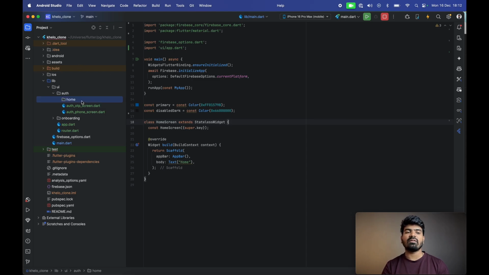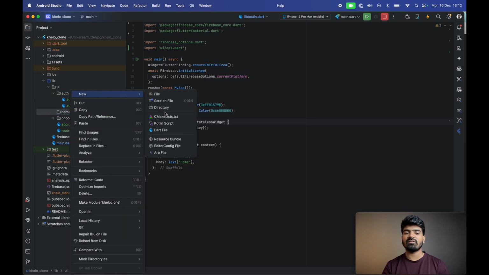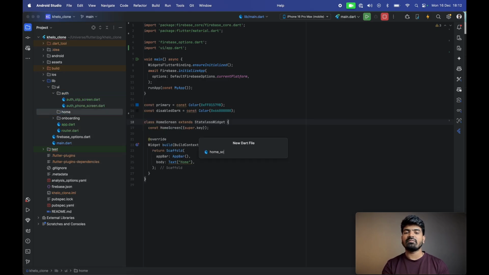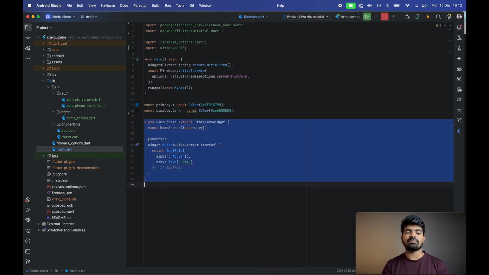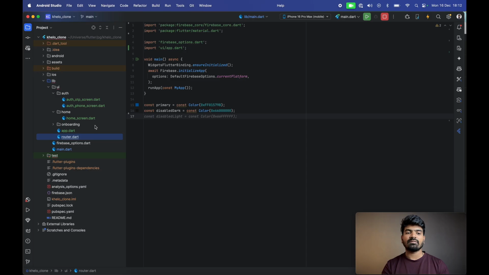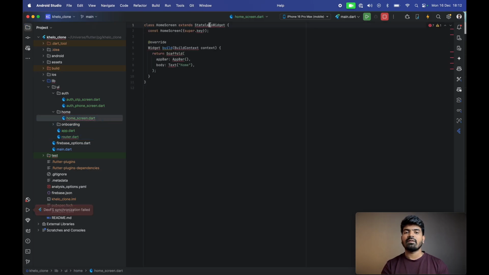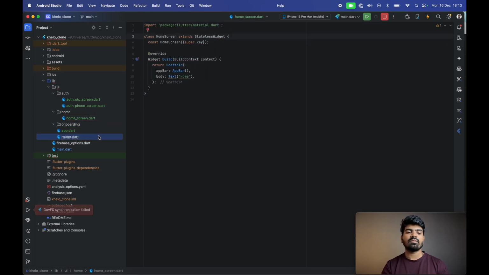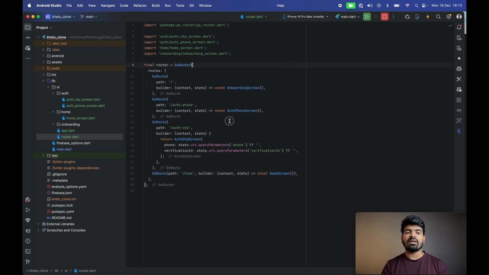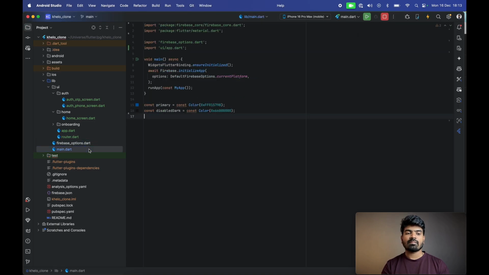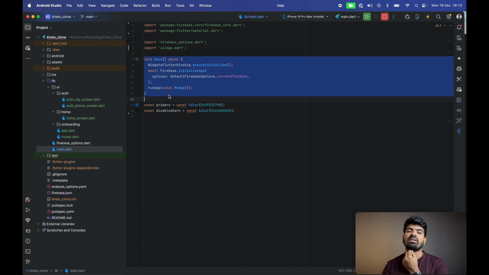I have created a home directory inside UI, and inside the home directory I'll create a home_screen file, and I'll move this content here. So let me do that. It should be a very simple thing to do. And yeah, if I run the app now, then it will work fine. Now if we have a look at the main.dart file, we have this main function, but we have these two